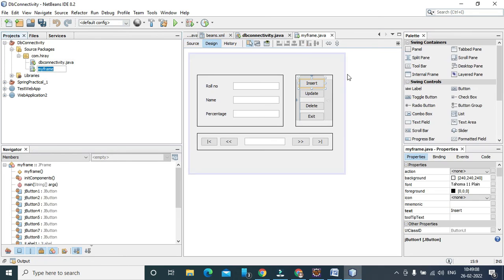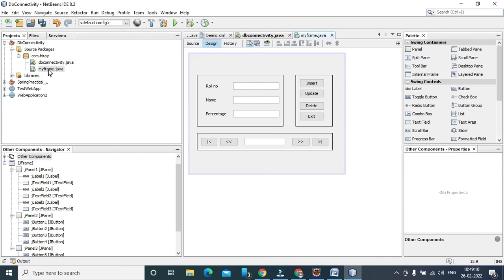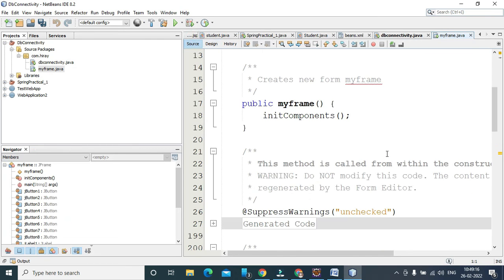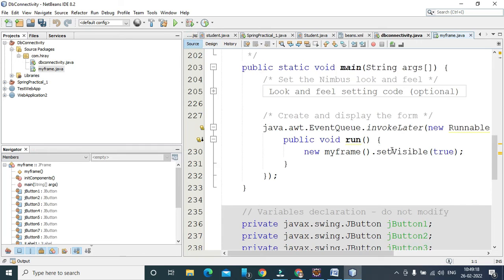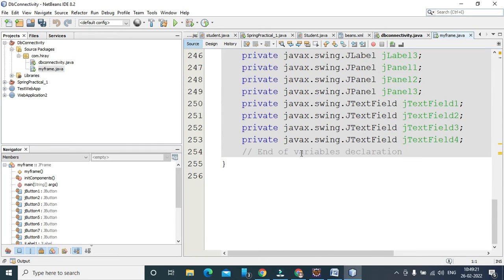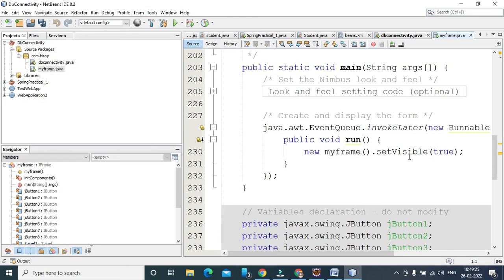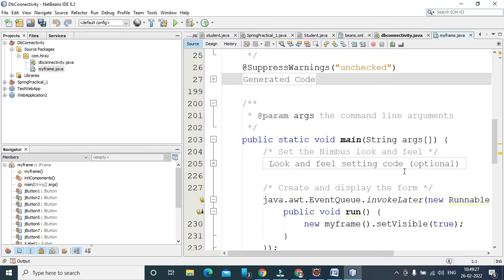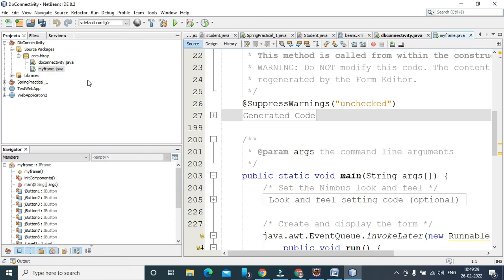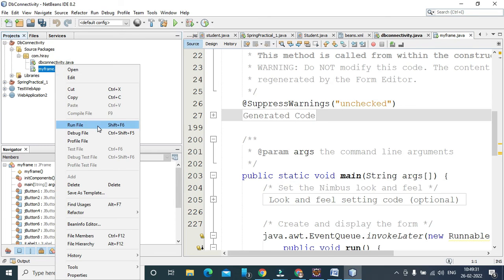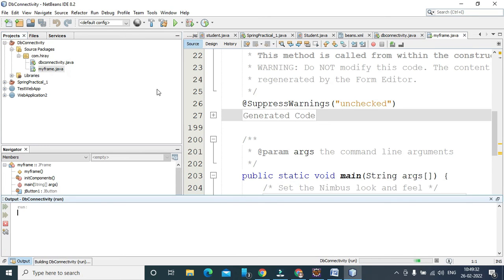So it will generate the set visibility here. So I have to check the constructor for the same. If I go to the source, everything will be visible to me here. So everything will automatically take place. Set visible is true, okay, but when the event is firing at that time, so you can run directly instead of what